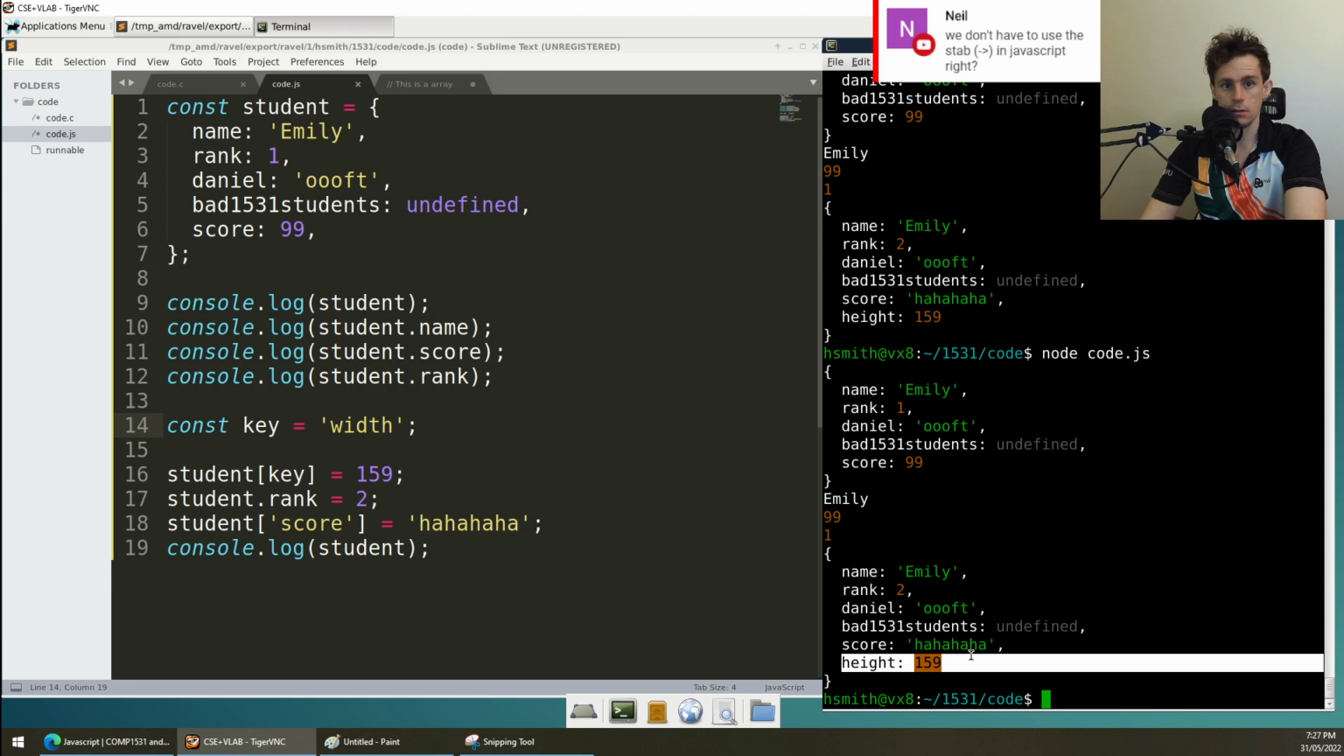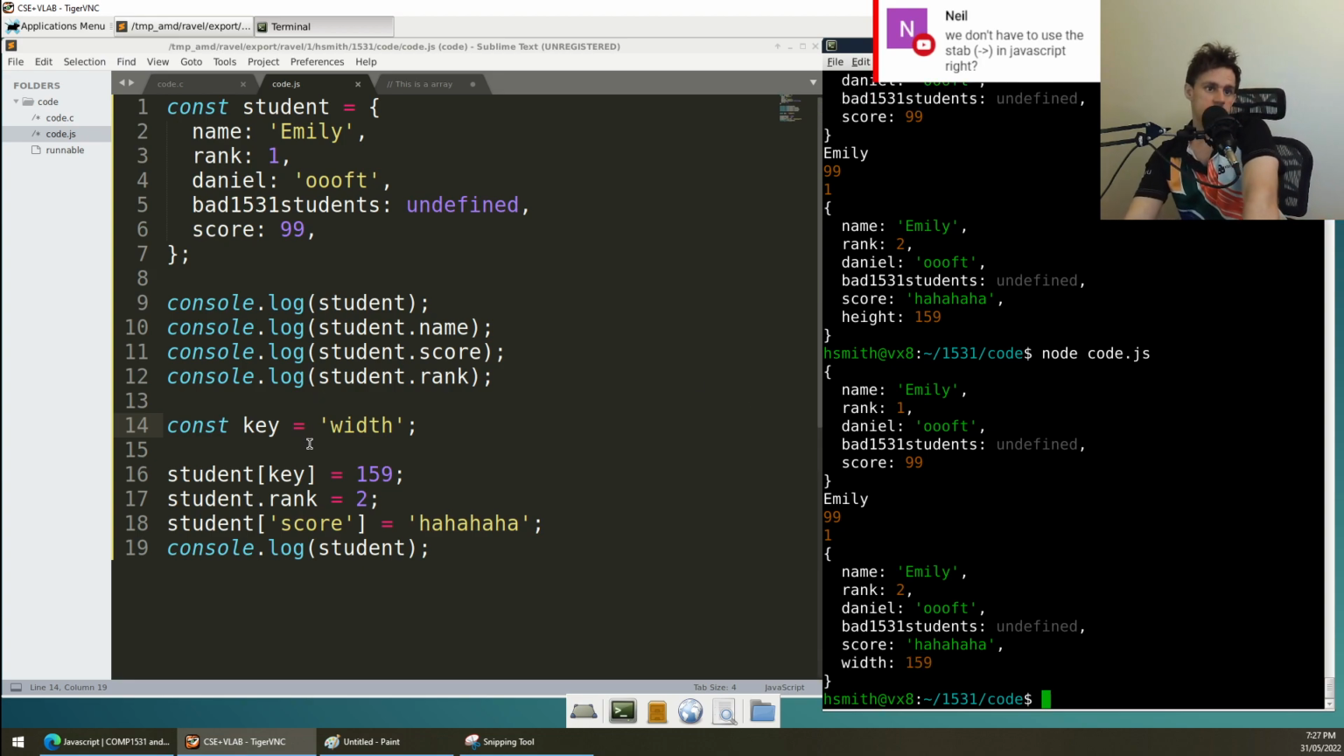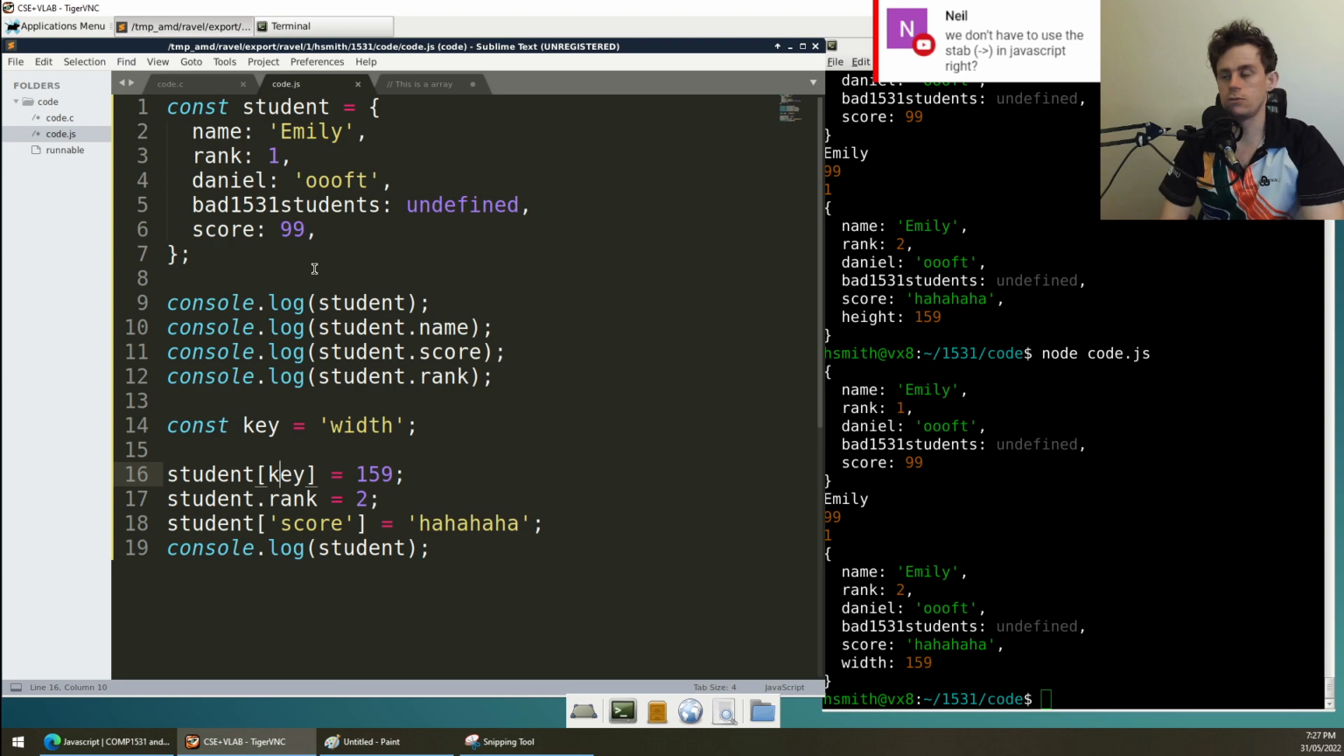Keep an eye on height here. Changes to width. So this kind of square bracket is very useful if you have code that